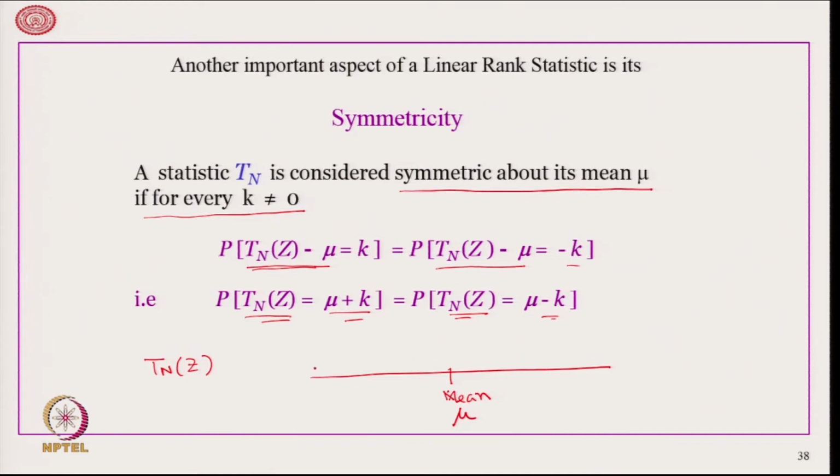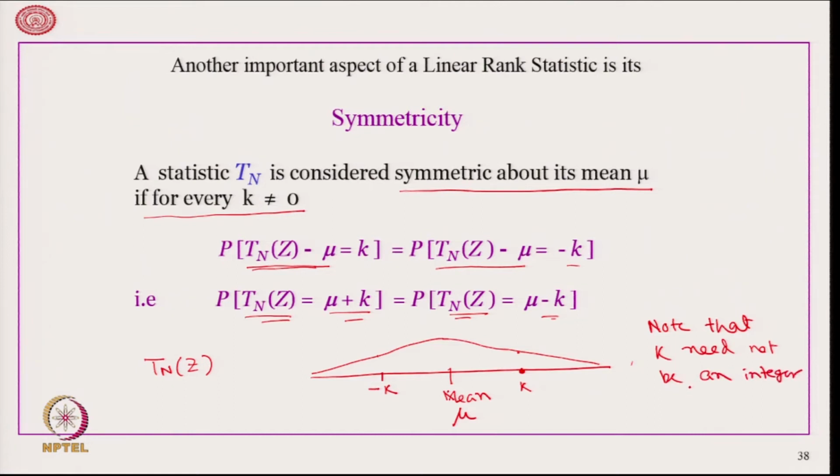It is considered to be symmetric if the value at a distance k from mu is the same as the value at a distance minus k. That is what we are saying here. Note that k need not be an integer. It can be